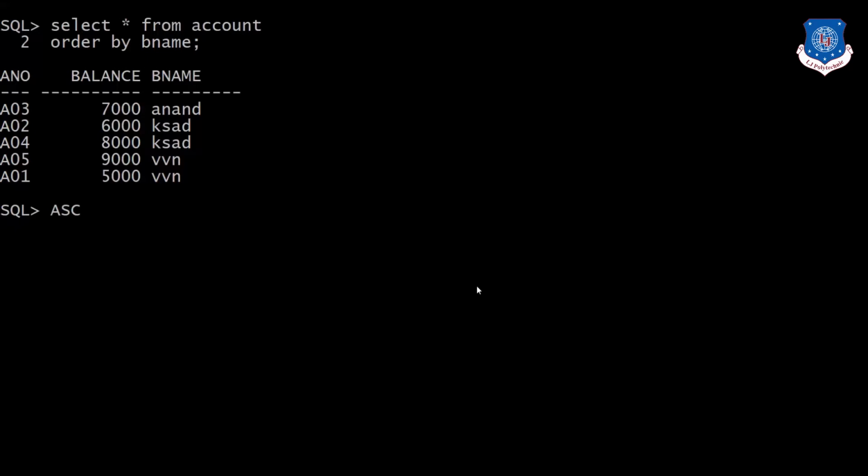If you want to sort rows into descending order, you need to use DESC explicitly. Let's see how it is possible.